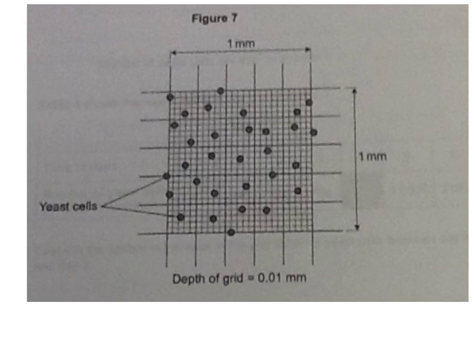Okay, so we can now see the diagram that shows the distribution of yeast cells, and the student's method was to count the ones that were on the left hand side that were partly in and the ones at the top that were partly in. So these areas here, they would include those, but they would ignore the ones that were on the bottom and on the right hand side. So let's count them then. So we've got